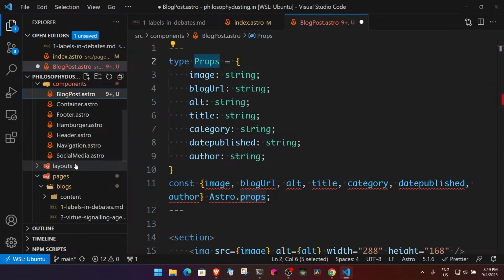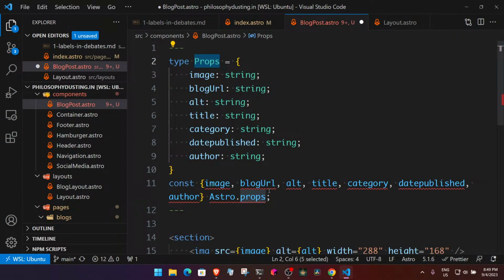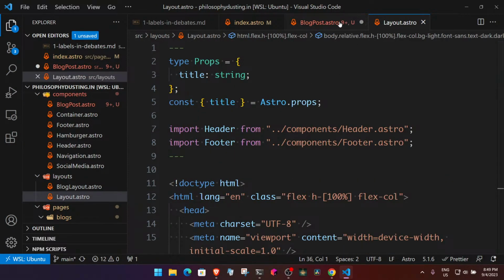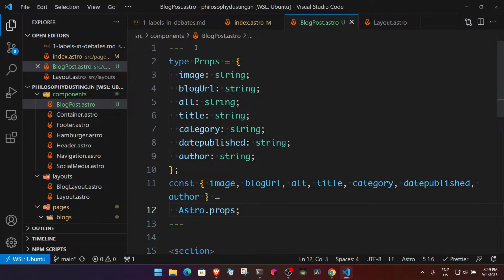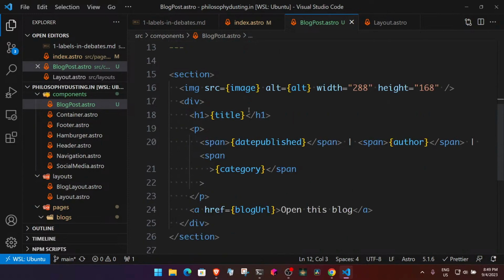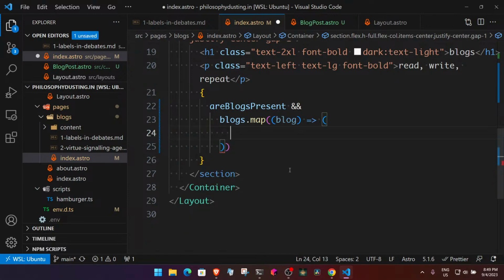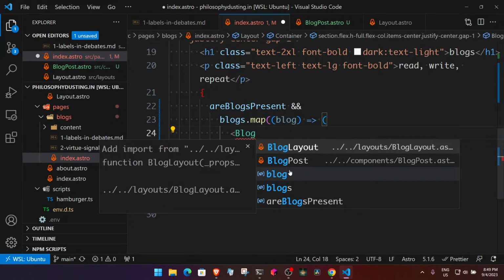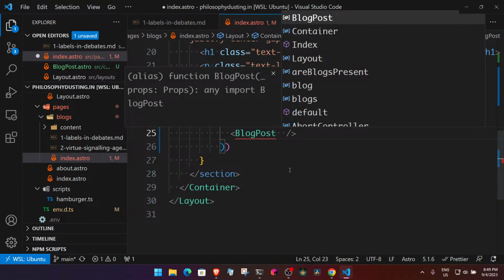Let's see what happens in the layout. This is a string, type props, Astro props, const. Okay, cool. So this is the type, this is what I want. Pretty much everything should be string, and this is the entire block. Now I can simply replace this with block post, and that should do it. We will have,